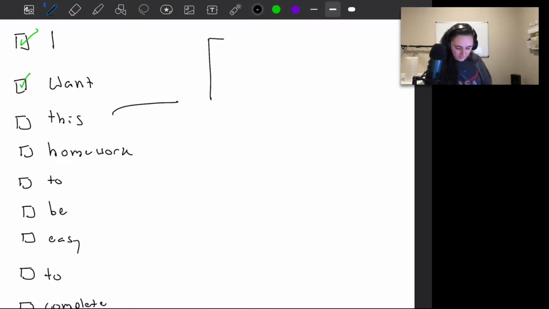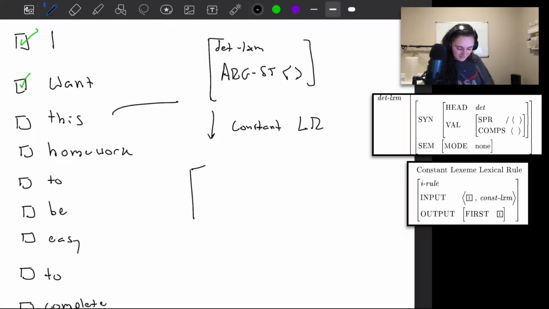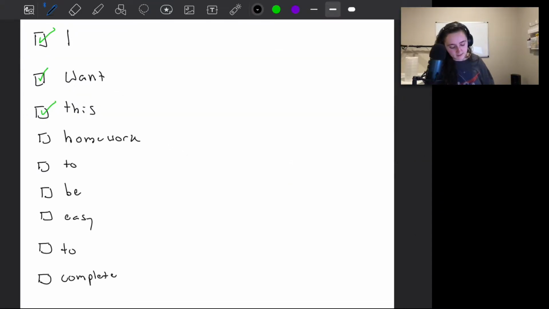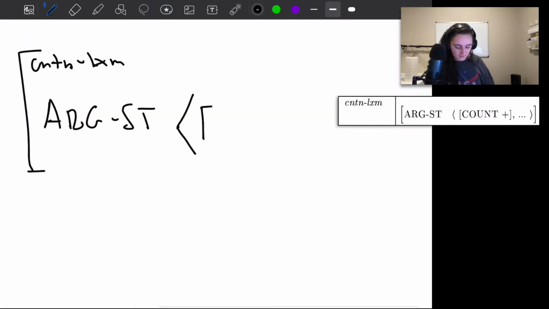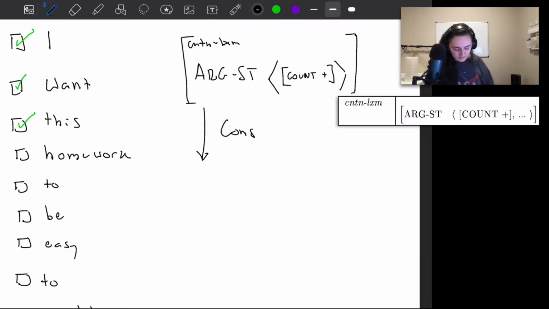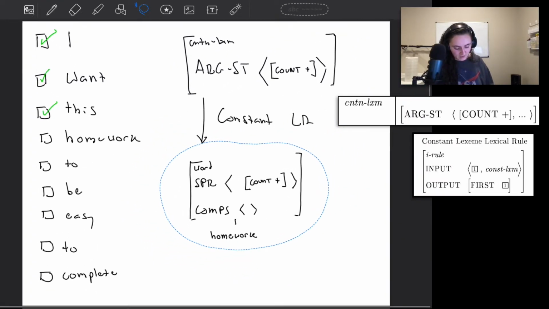So next is this pretty simple one, det lexeme, with an empty argument structure. Goes through the constant lexeme lexical rule, and we can put that word structure in our word bank. Then homework, count noun lexeme. According to this type, the first thing on the argument structure is count plus, which is a feature that only applies to determiners. And according to the type, there could be other things on the argument structure, such as if this were a noun that took complements, but we know for this sentence that's not the case, so I'm just not going to include that and say that we know there's one thing on the argument structure. Constant lexeme lexical rule, ARP, maps that onto the specifier, comps is empty,